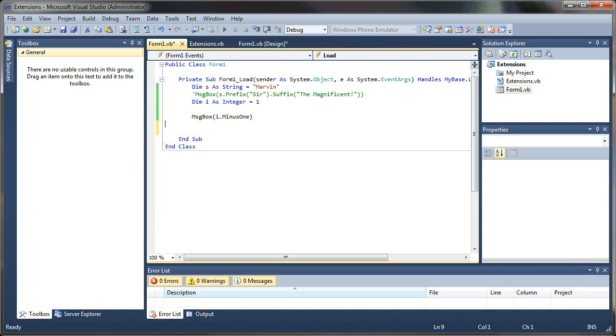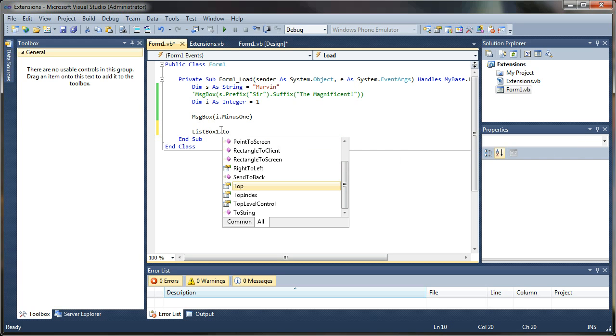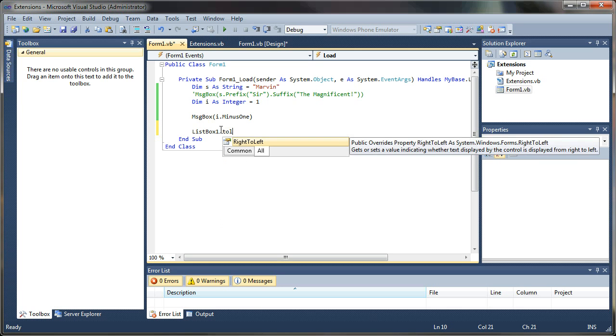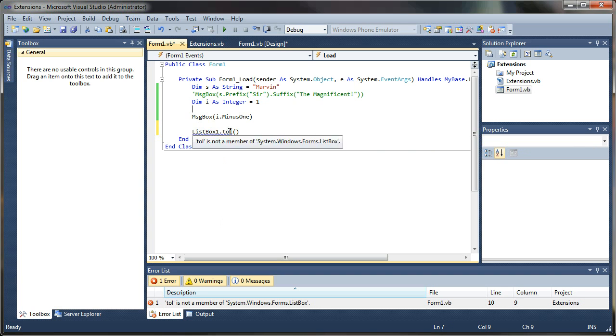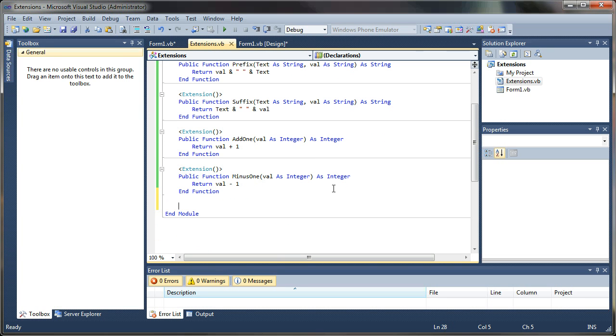Anyway, what if we wanted to extend our ListBox to have a ToList function? Because it doesn't have it. It'd be kind of handy if we wanted to make a copy of that list for some reason. So let's go ahead and add an extension to that. Copy that,